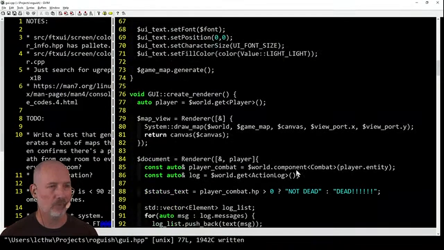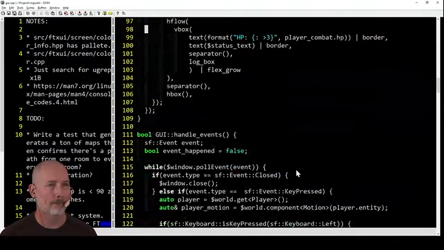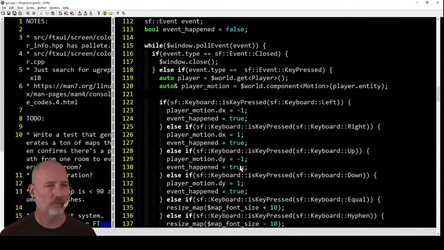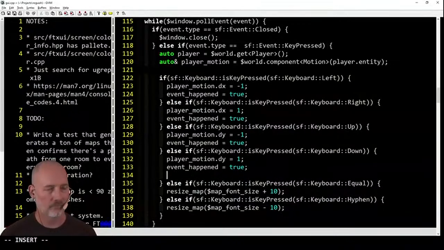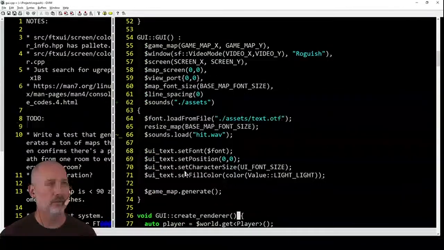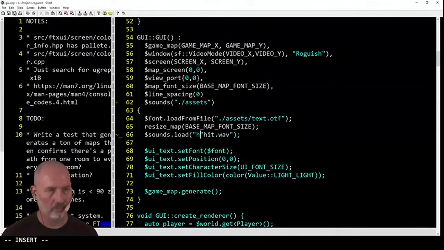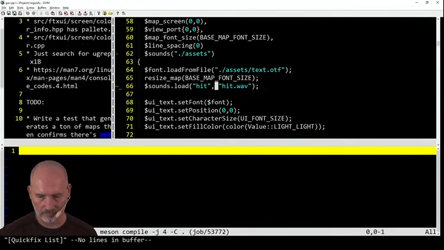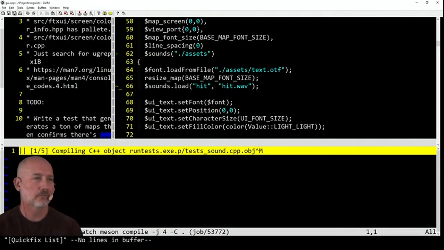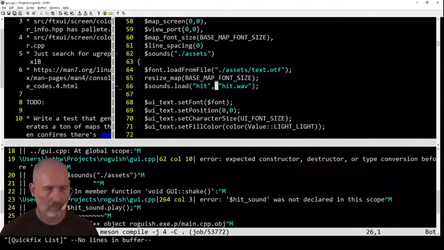Let's pick a place. Events. Yes, do here. If we go down, oh, and load needs to be, okay, I think that's it. Oh yeah, and then